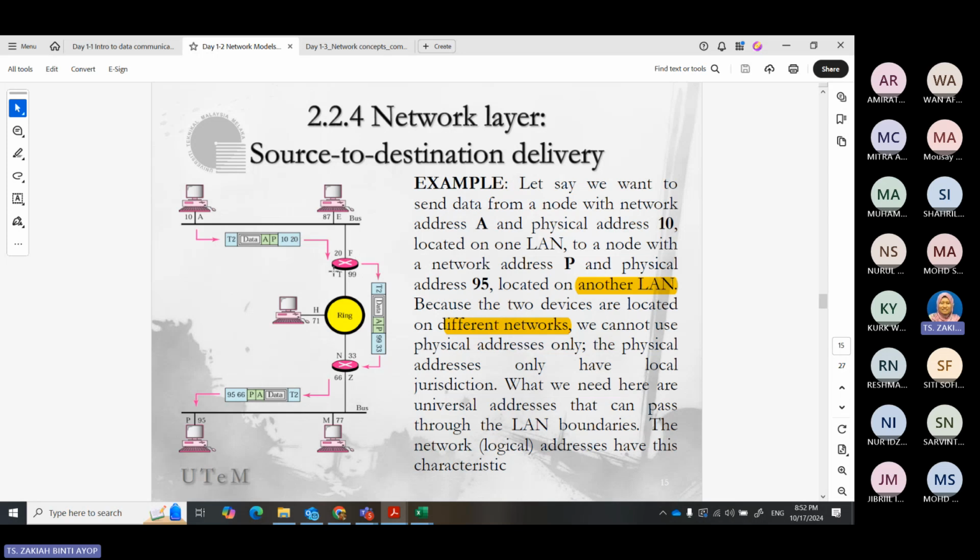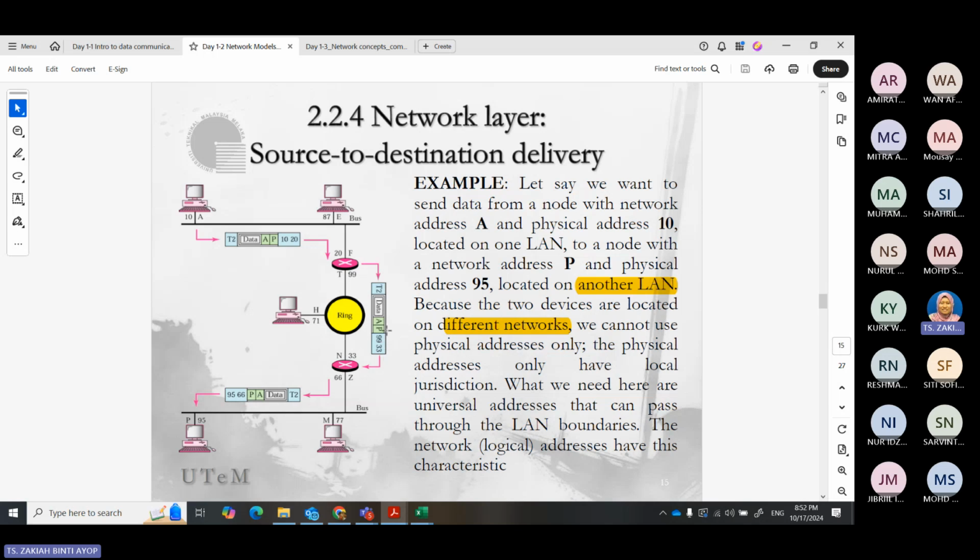And then by the time it reaches 20, it will change. The sender is 99, because it goes out through 99. And then the next destination should be 33, because we don't want to send it to H, we want to send it to N. So the destination MAC address should be 33.